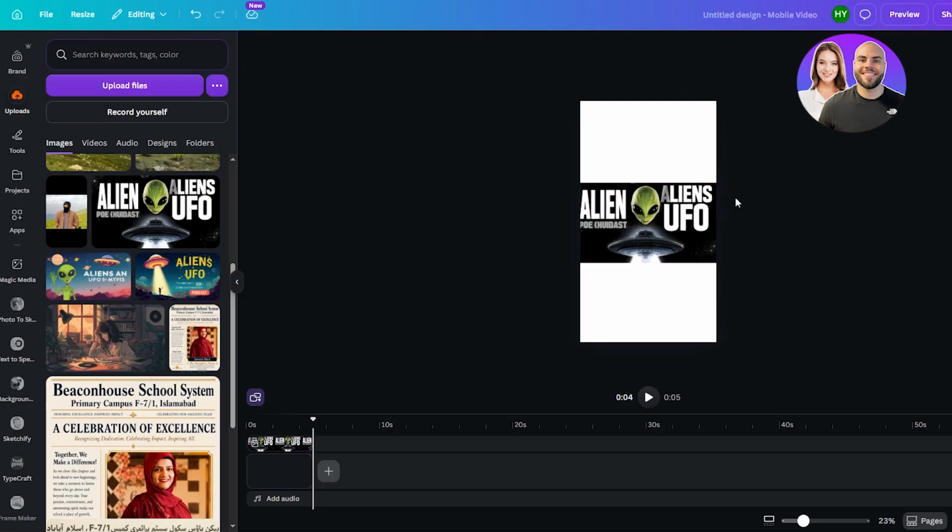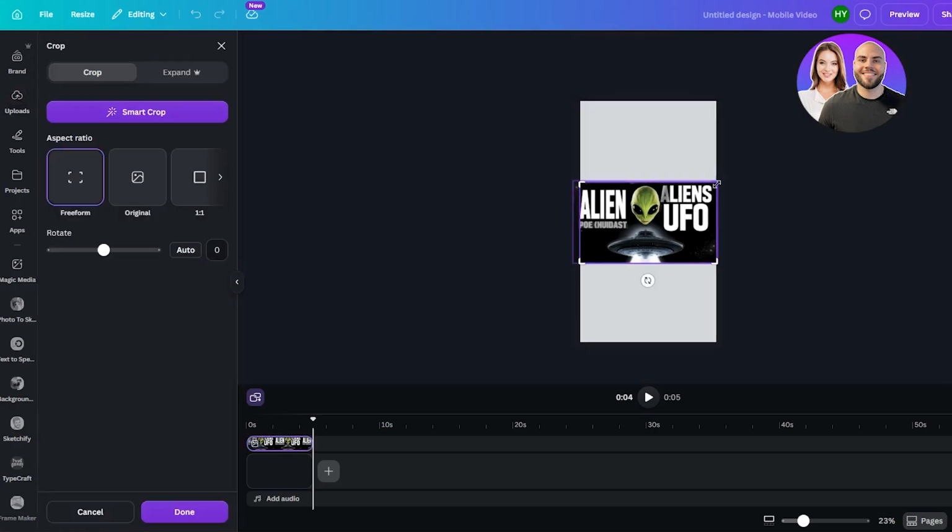And once everything is in, here is our image. Now you're going to resize and position it to fill the canvas completely according to yourself. Now for a professional look, you want the image to completely cover the canvas with no white space showing. So in the case that is happening, you can simply double click on it and just make sure that it